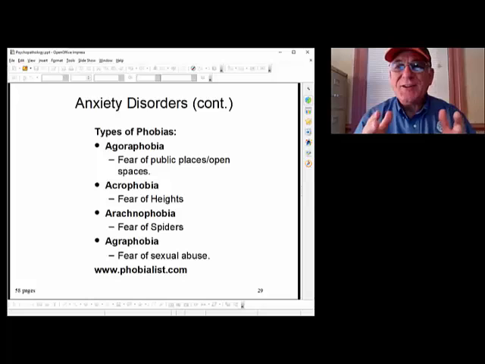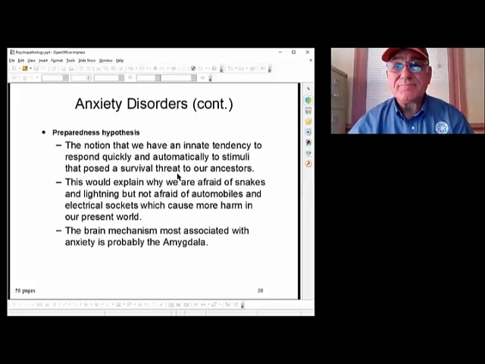And what's strange about the phobia of very long words is that the word that means that is the longest of all the phobias. It's the word with the most number of letters in it. So the fear of long words, whatever, I can't remember what it's called, but that's anxiety disorders.